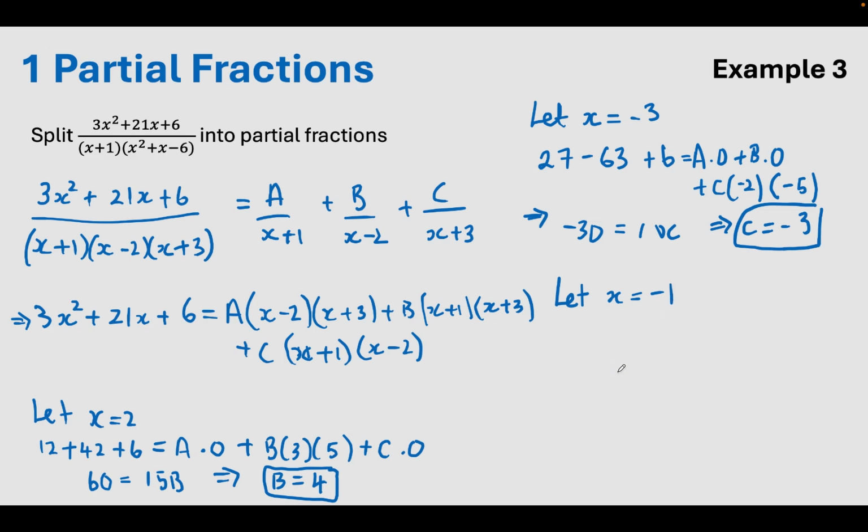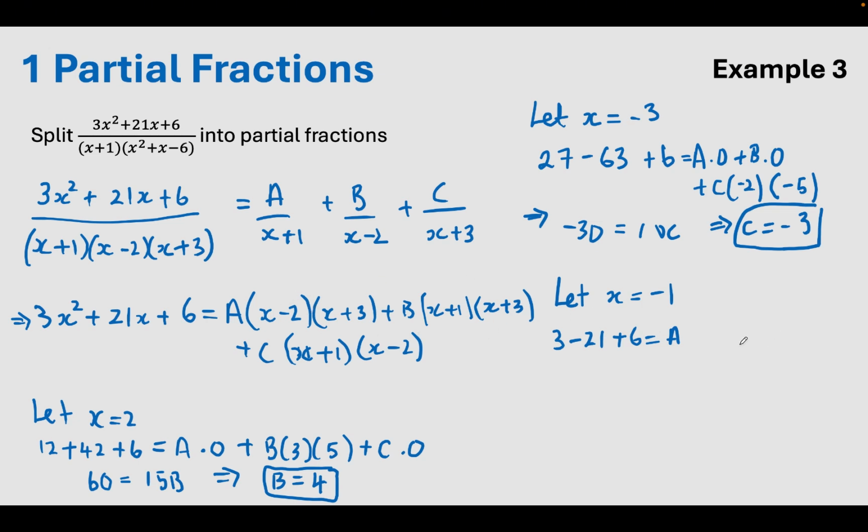So when I put negative 1 in, I get 3 times 1 squared, which is 3. Let's see if I can do the multiplication this time. Plus 21 times negative 1, so that's 21 minus, and then plus 6. Okay. So now b and c will cancel, and what I'll be left with is a,